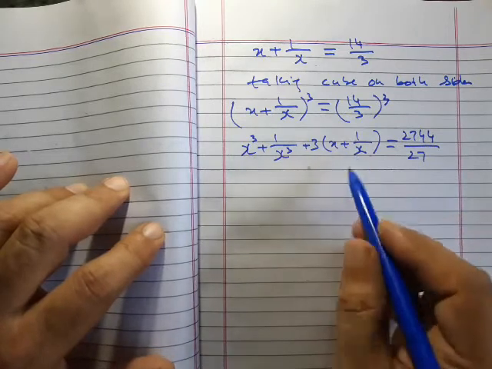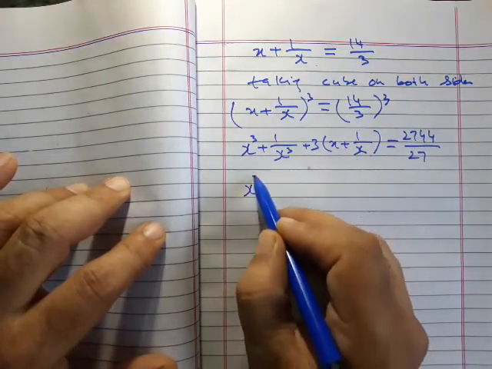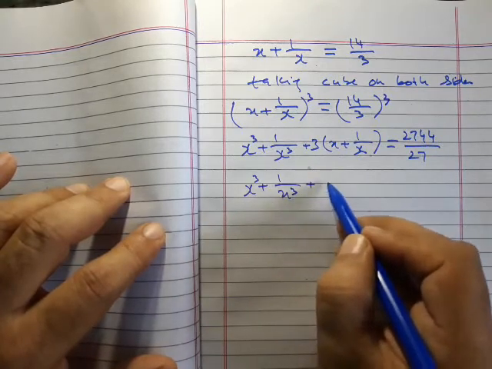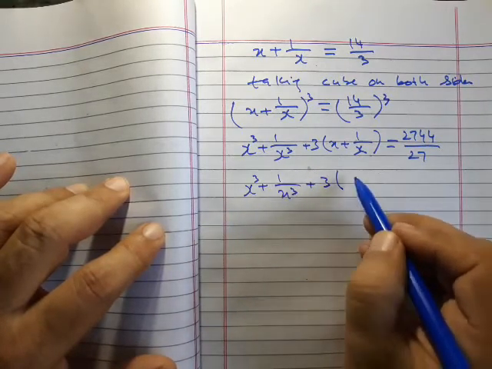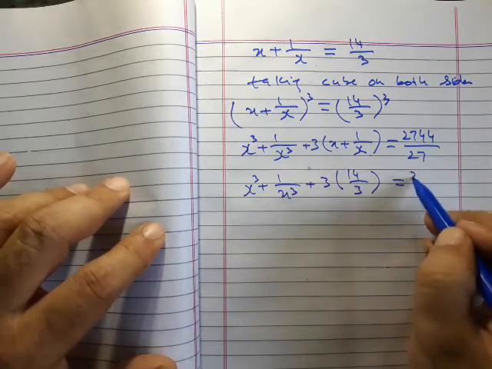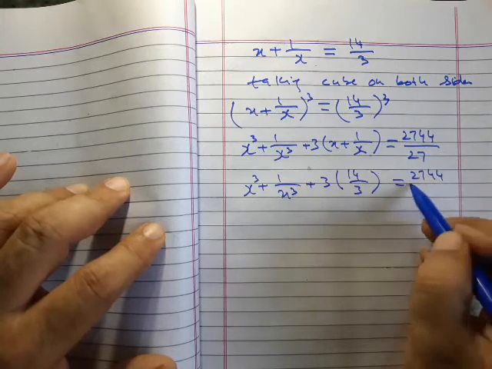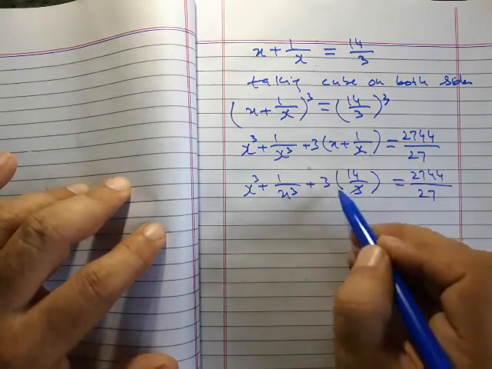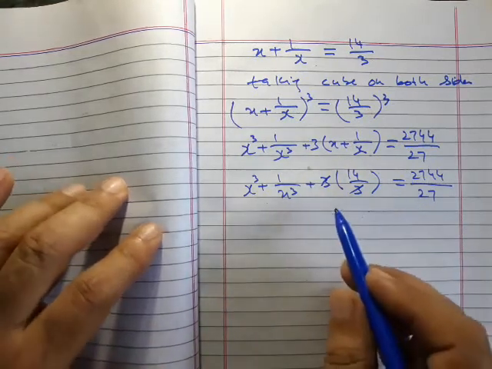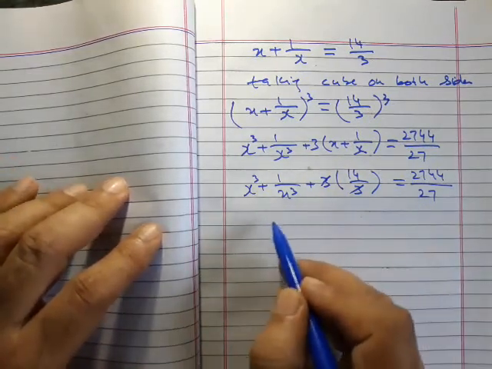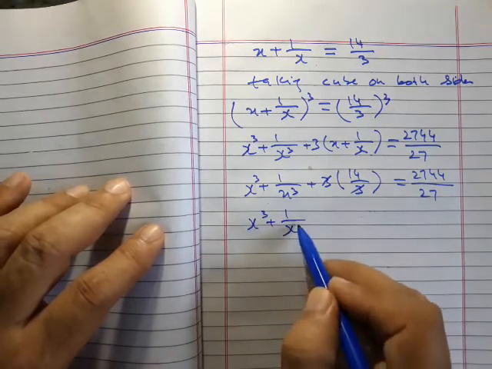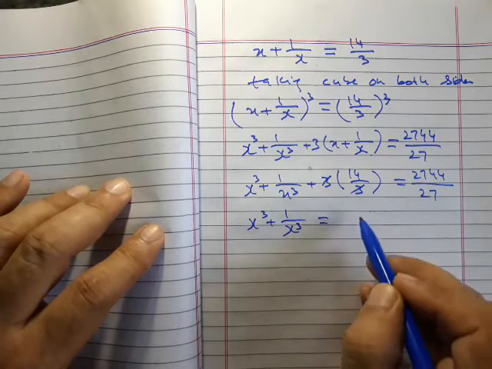Put the value of x plus 1 over x: x cube plus 1 over x cube plus 3 into 14 over 3, equals 2744 over 27. The 3 is cancelled. Now take 14 to the other side, that is minus 14. So x cube plus 1 over x cube is equal to